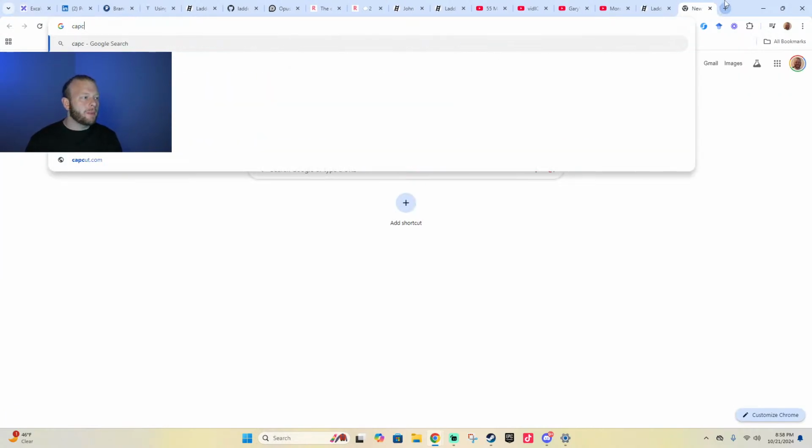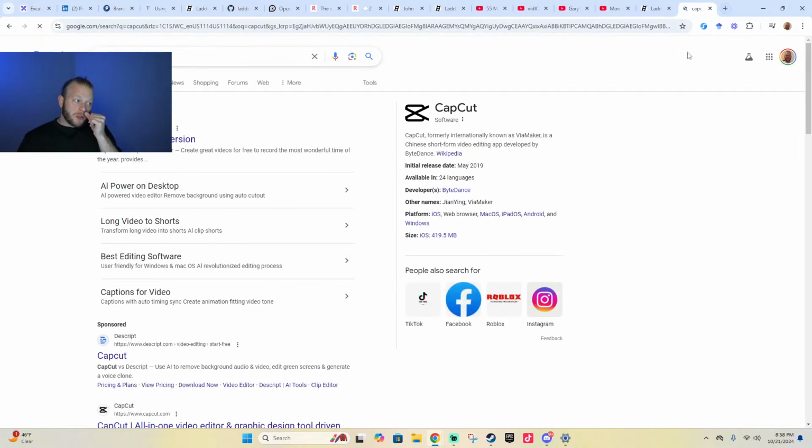I can recommend CapCut for that. CapCut is available for free, and so if you want to do the zero cost option, you do your stream, and then you use CapCut, and then you manually clip it yourself, as opposed to having AI do it for you. So that's going to take more time, but $0 out of your pocket.